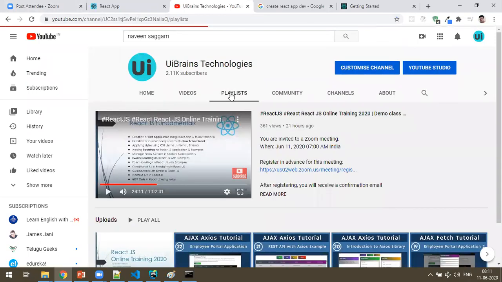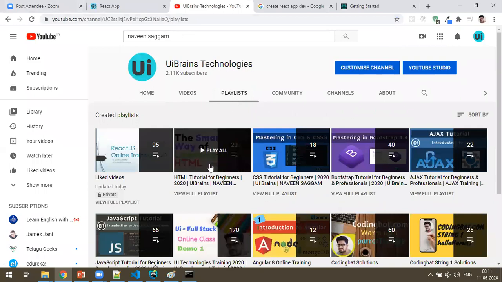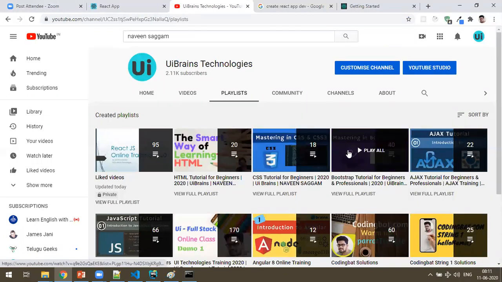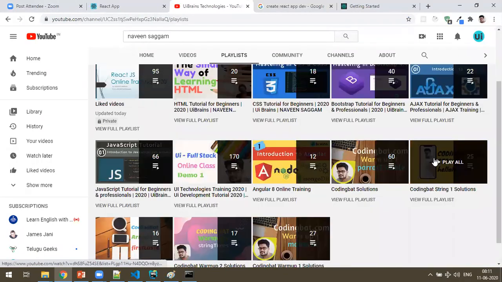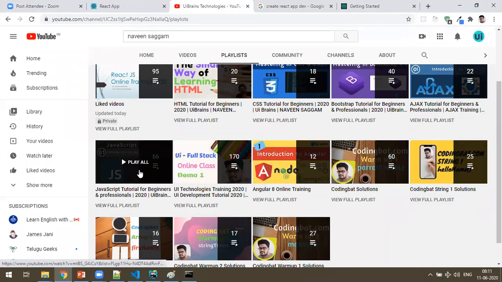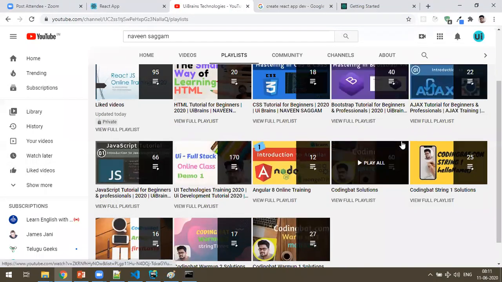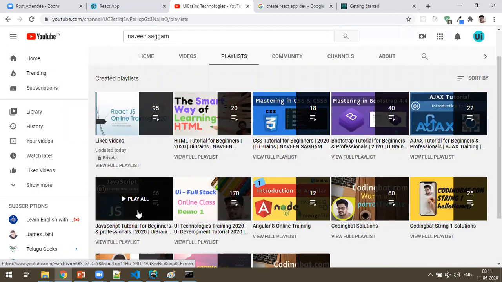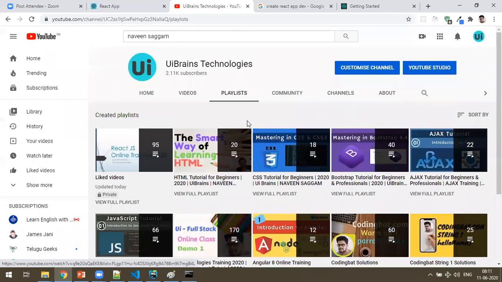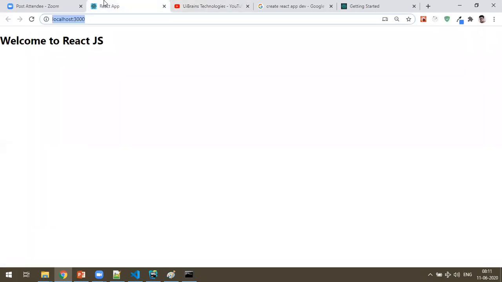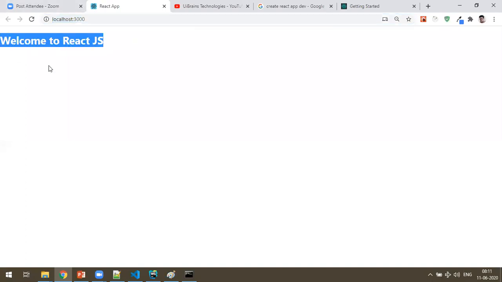You can click on the playlist directly. So HTML is there, CSS is there, Bootstrap is there, Ajax is there, and JavaScript is there. You can just go through this meanwhile, and please brush up on JavaScript, CSS and Bootstrap, so that we'll be starting the actual creation of components, styles and everything. The actual React.js concepts start from tomorrow.